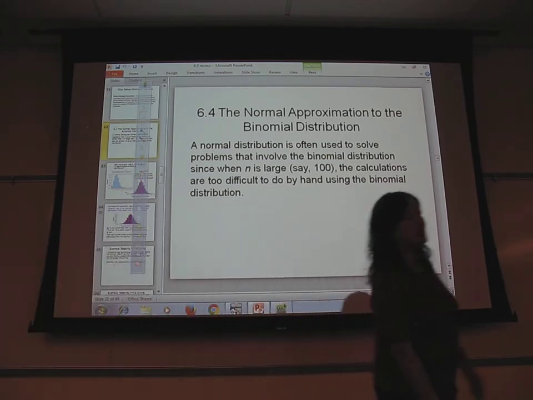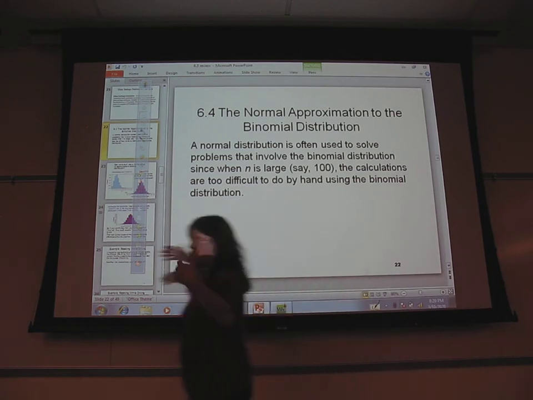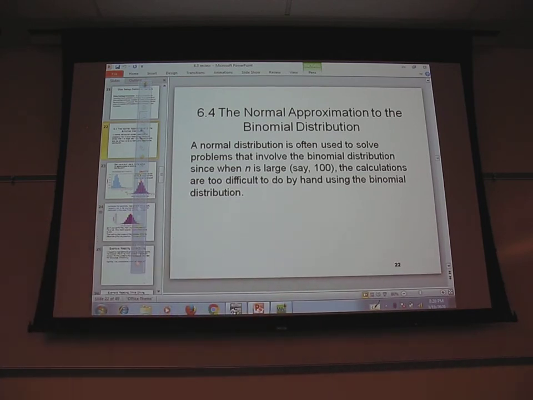Right. So, for example, if you flip a coin 300 times and you want to know the probability of having 200 or more heads, you don't want to find the probability of 200, 201, 202, 203, 204, and add those all up to 300. That's a lot. So instead, when n is really big, very often it looks kind of normal. It looks sort of like a normal distribution. Does it always? No.